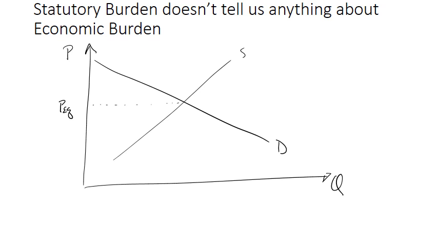Okay, so let's look at economic burden and that wedge. In our last slide, we noticed that if the supplier had to remit payment, then they were going to want to move the supply curve up by the amount of the tax, and we got an intersection. And if the consumer had to remit payment, they wanted to move their demand curve down,